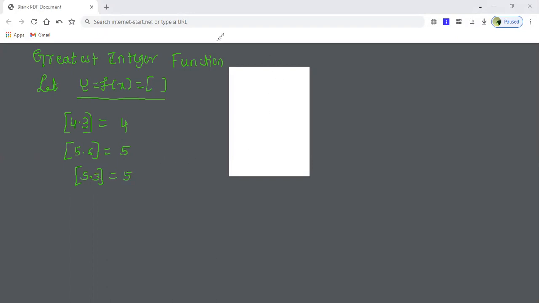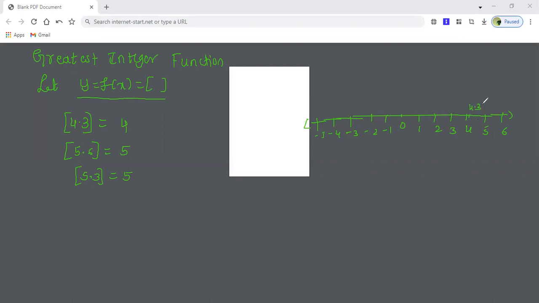Now, on the basis of what we are talking about, let me draw the graph with which I can make it clear. Here you can say this is 0, this is 1, 2, 3, and further if you expand it, 4, 5, 6, and here it is minus 1, minus 2, minus 3, minus 4, minus 5, and so on. So this is from minus infinity to infinity. This is a real line. Here I'm talking about 4.3, so 4.3 somewhere here it lies.